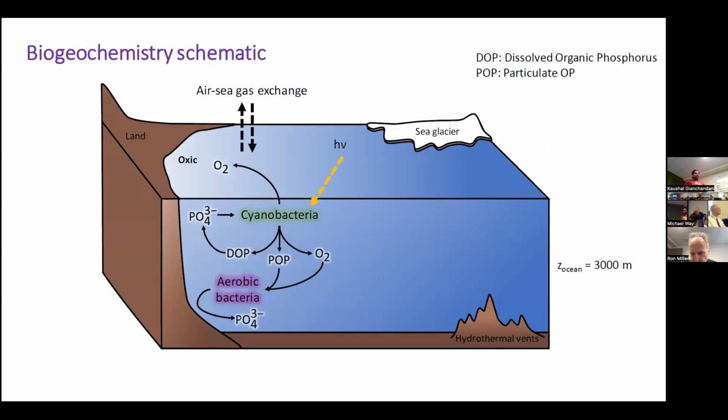So let's look at the biogeochemistry, which is the most important part of this project. Turns out you don't need much to model the present day ocean, at least the gross features of the biogeochemistry of the present day ocean. If you have some sort of nutrient, which is phosphate in this case, cyanobacteria consume that nutrient, and in the presence of sunlight, they produce oxygen and organic matter. This organic matter is used up by aerobic bacteria to give out phosphate back into the ocean. Turns out that this is all you need to replicate the broad strokes of the distribution of the biogeochemical variables in the present day ocean.